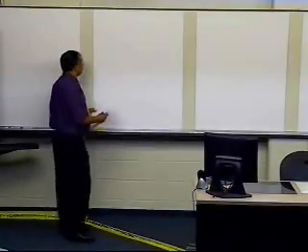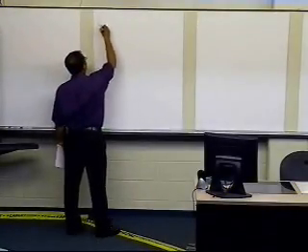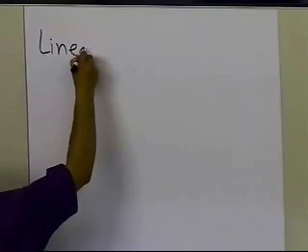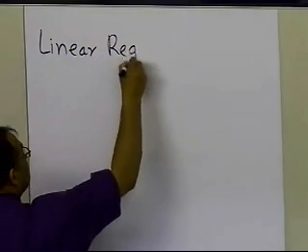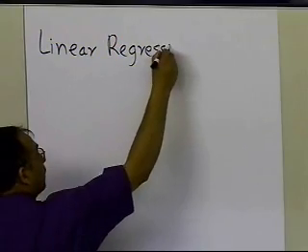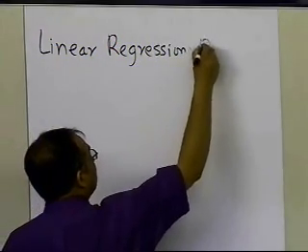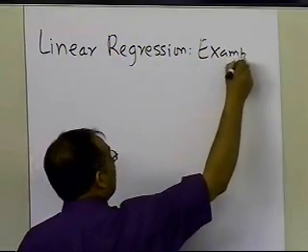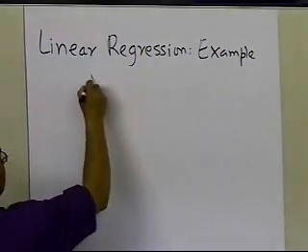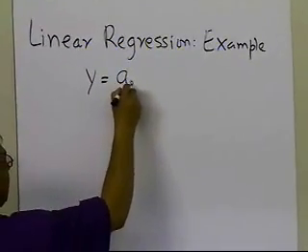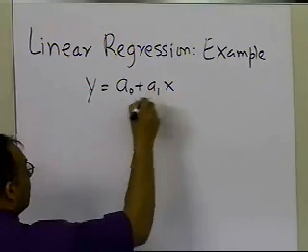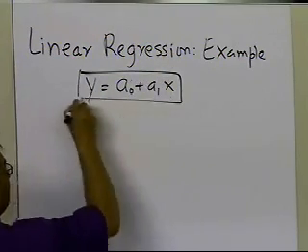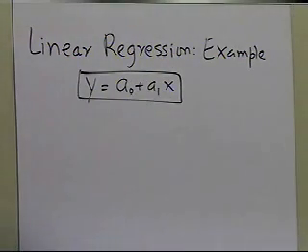In this segment, we're going to take an example of linear regression. We're going to see how we can find the constants of a linear regression model. Here we're talking about the general linear regression model, which looks like y is equal to a0 plus a1x. So you're given n data points, let's suppose x1, y1, x2, y2, and so on, and you're trying to do a linear regression.